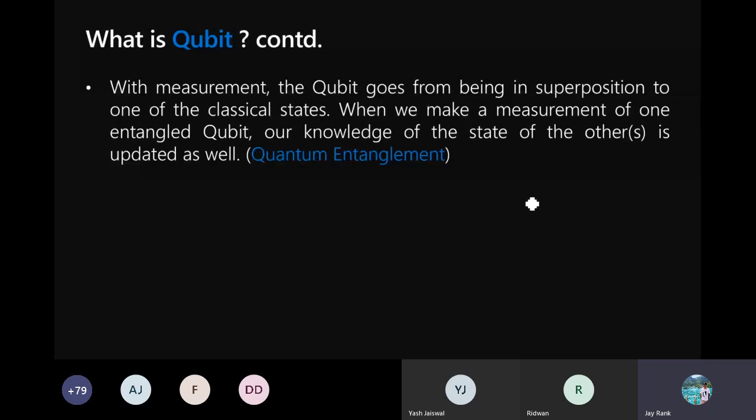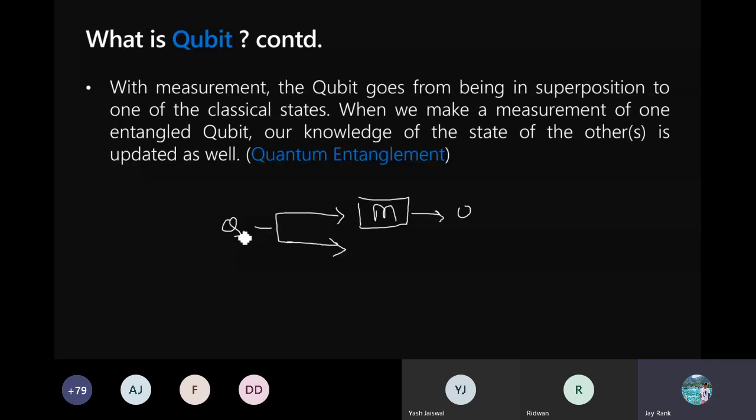So let's say I have a pair of qubits that I am passing, Q1 and Q2. These both qubits belong to the same pair.